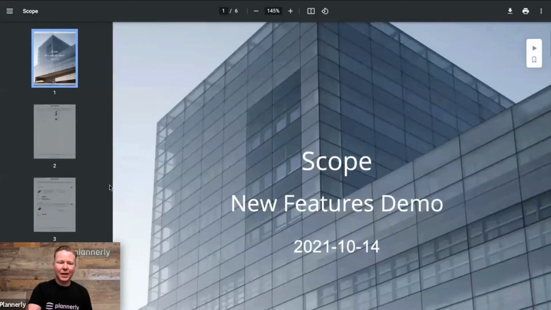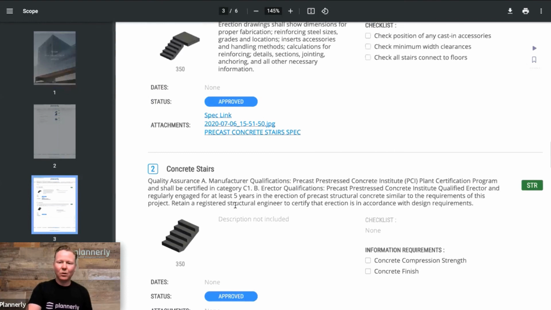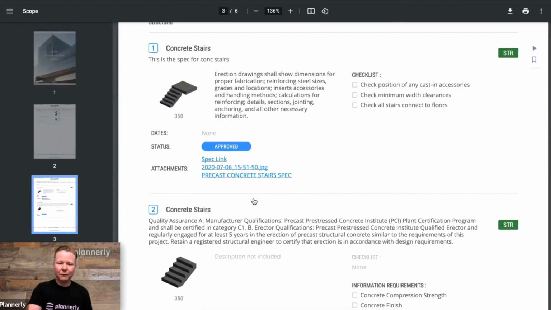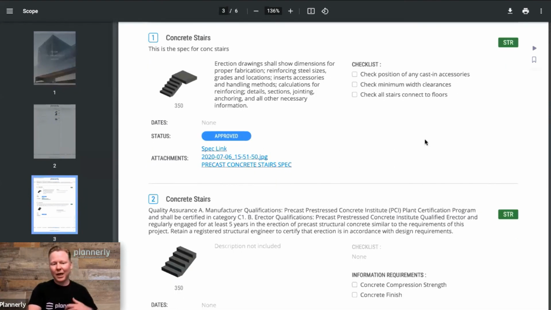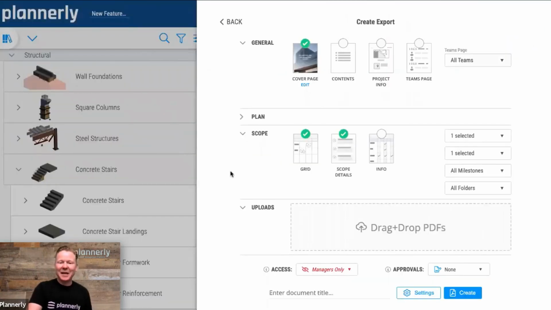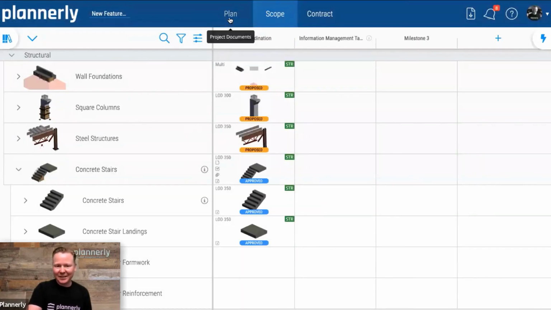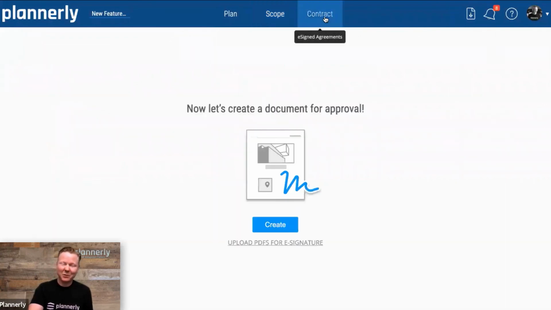Let me open that up so that we can take a look at it. It will have all of the nicely formatted details so that you can get an approval with a signature, and we'll show you that one as well. So now that we have created some plan documents and some scope, which is the set of task requirements, and also we've created exports of that content for teams to use, we might want to actually get them on the hook for it.